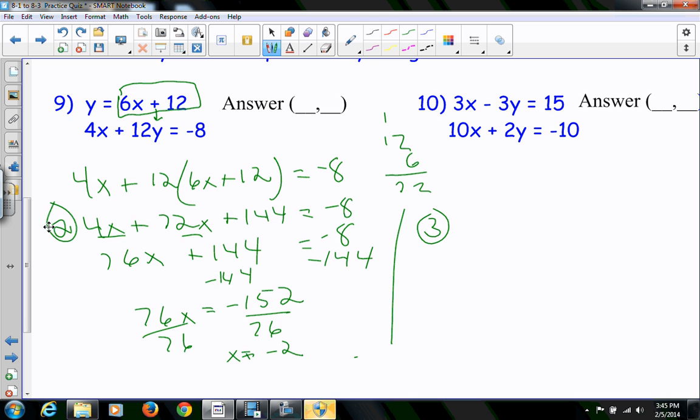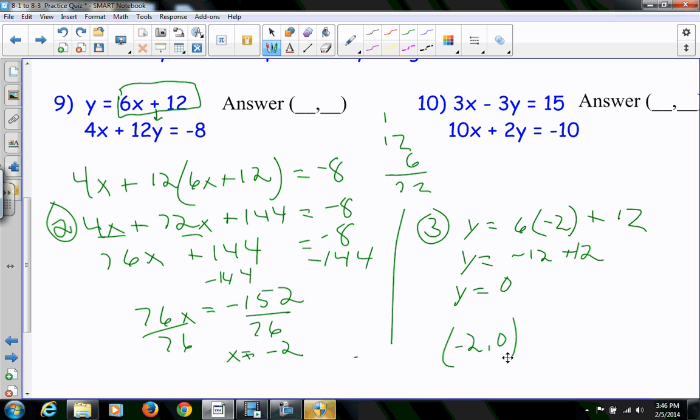Didn't have to do step 1. I'm going to go ahead and plug it into the top equation because that's the easiest. I got y is equal to 6 times negative 2 plus 12. Y is equal to, and let's simplify that. 6 times negative 2 is negative 12 plus 12. And negative 12 plus 12 is 0 all day, every day, so I get y is equal to 0. And remember, your final answer has to be an ordered pair, so we get an ordered pair of negative 2,